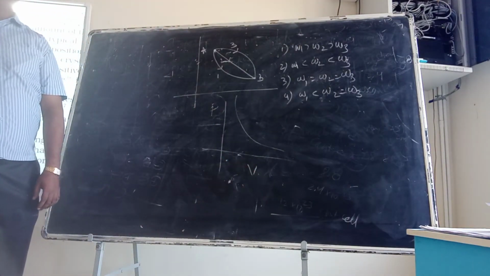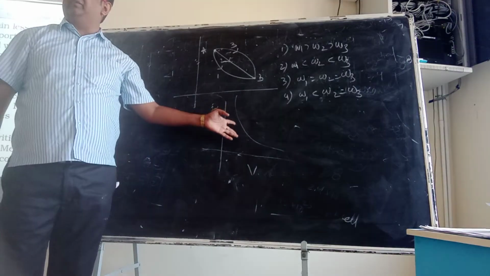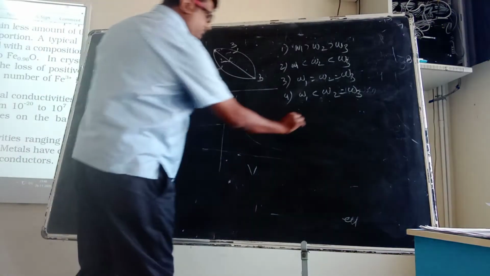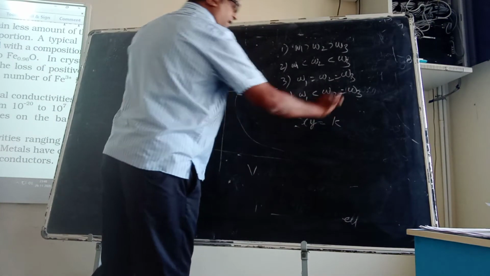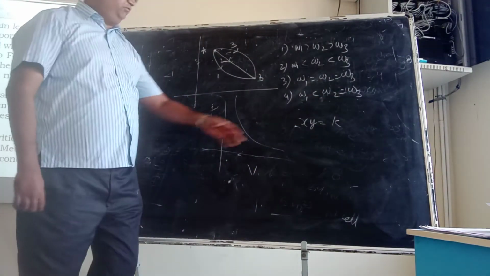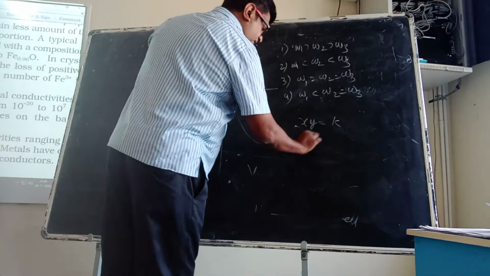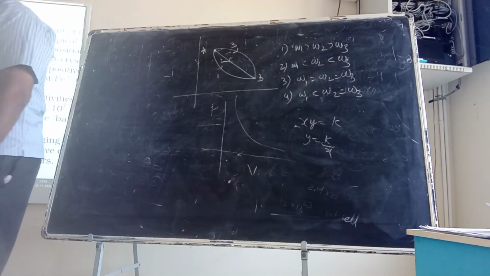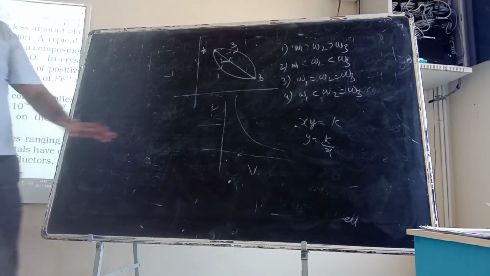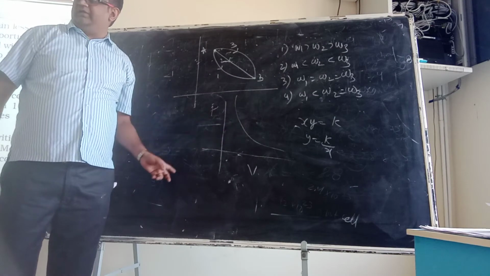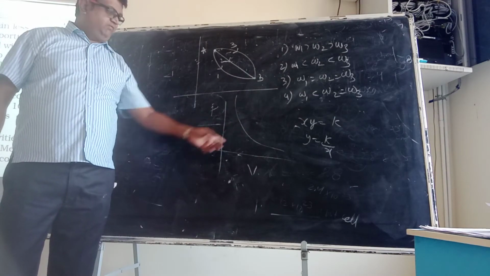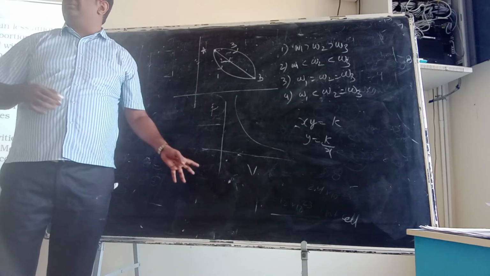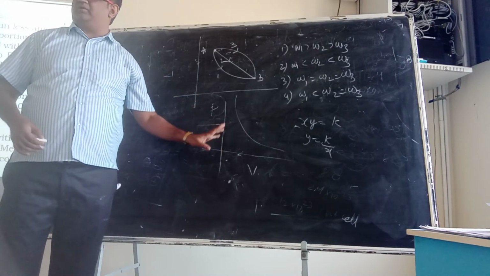Isothermal process. Why am I drawing it like this? You are saying that PV is equal to constant, right? So that means xy is equal to some k mathematically. If y is your pressure, you write y is equal to k upon x. It's a type of rectangular hyperbola only, no? But a rectangular hyperbola will have one curve here and one more curve here. But here we are drawing only this. Why? Because you don't talk about negative volume, negative pressure and all those things. So you only draw the upper part.